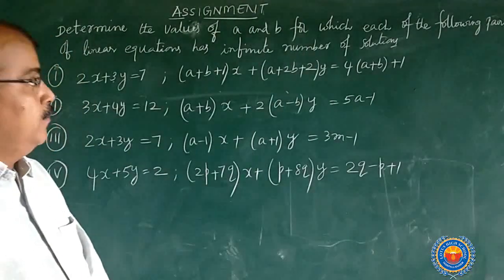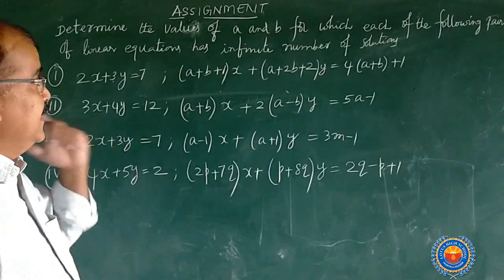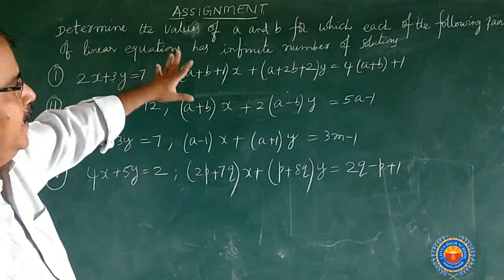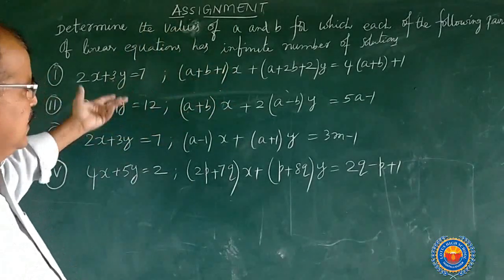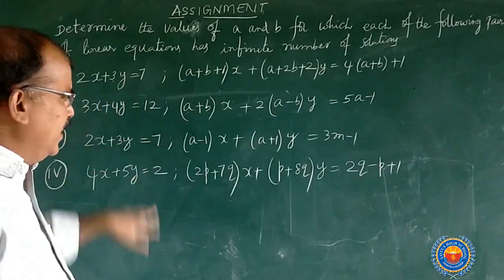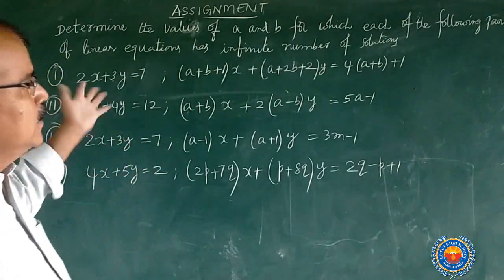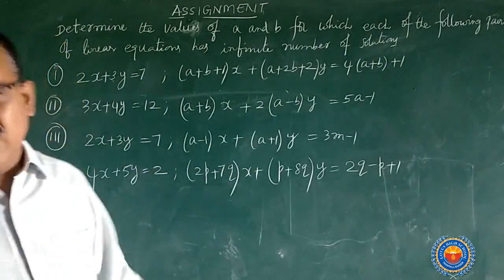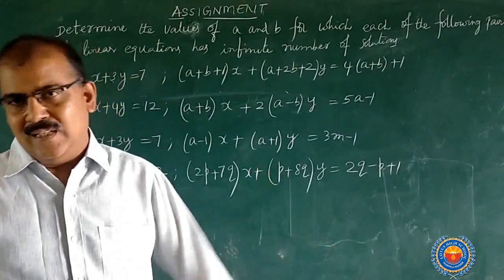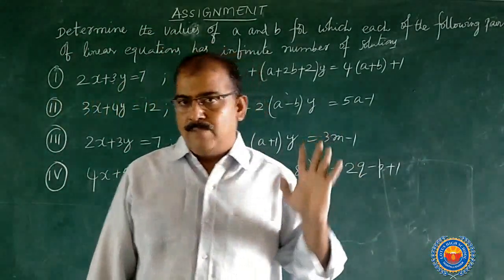Okay, we completed maybe 4 sums. Here the assignment is given only based on infinite number of solutions. So all these sums are given from V.K. Soni, but there is no solution. I have given it for exercise. So if you want, you can check the answers. Anyhow, I will send the answers. 4 sums are given. Not only 4 sums, many sums are there in V.K. Soni book. Practice all the sums.